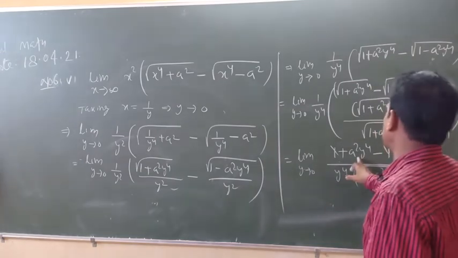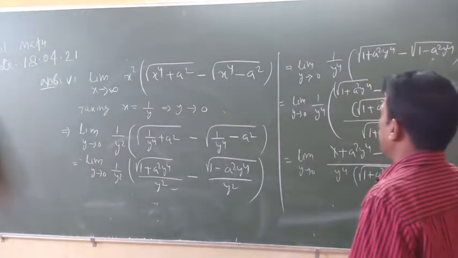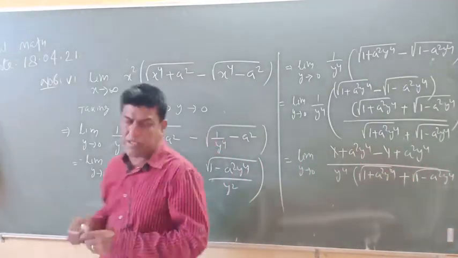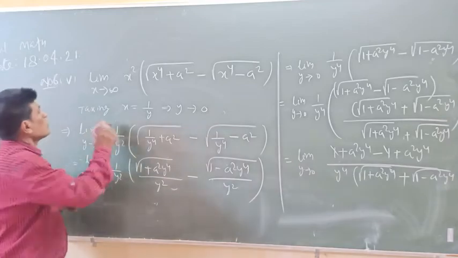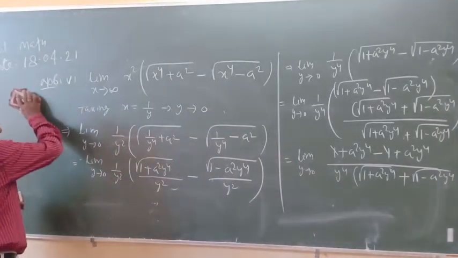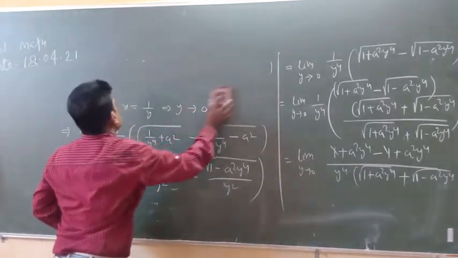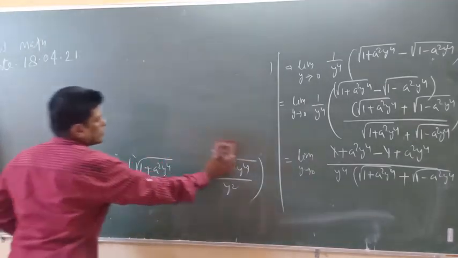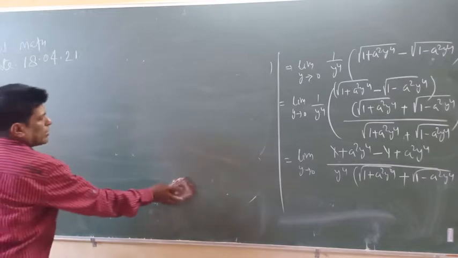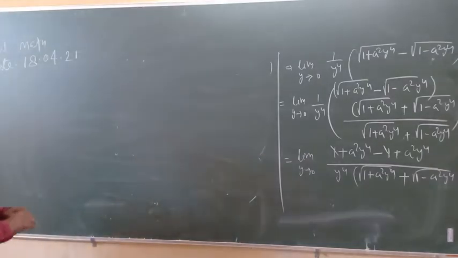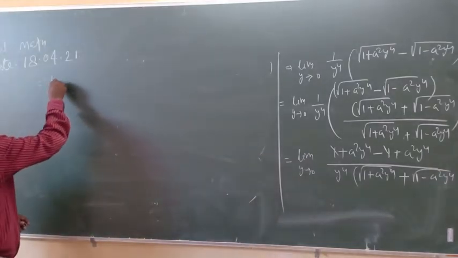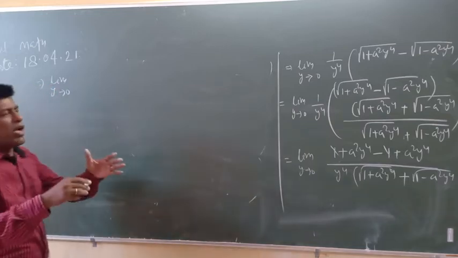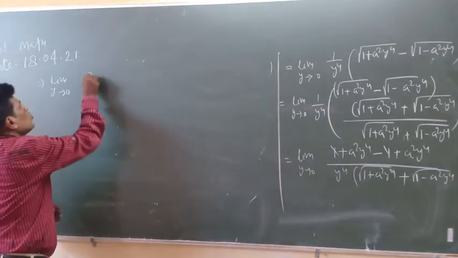Now the question becomes s square y fourth plus s square y fourth. I can write it on this side because there is no space there, so now I am going to remove this part from your blackboard. Look, the question becomes limit y tends to 0, s square y fourth plus s square y fourth, which becomes 2 s square y fourth,